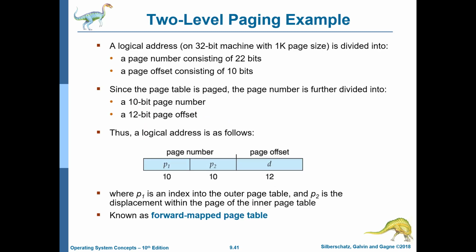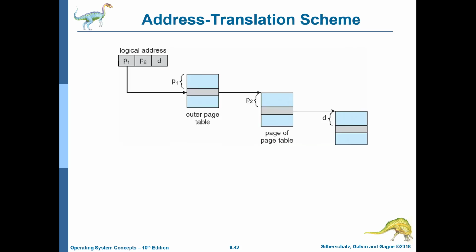So an example of two-level paging, as I said, we'll consider a 32-bit machine with 4K page sizes. So let's do that. With the 4K page size, we'll have 12 bits for the page offset, and we'll have two entries P1 and P2. So for reasons discussed before, we will use P1 as an index for the primary or the outer page table, and we'll use P2 as an index for the inner page table.